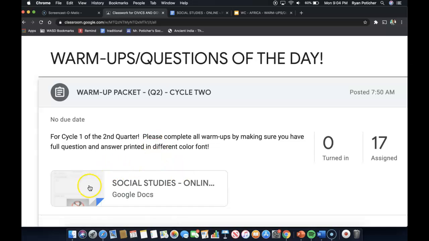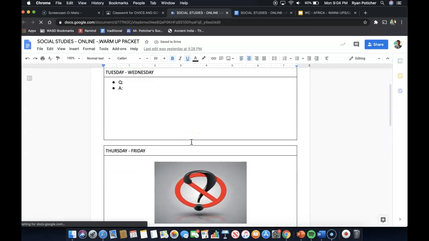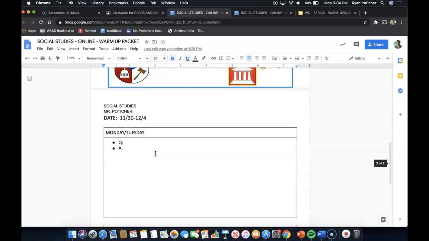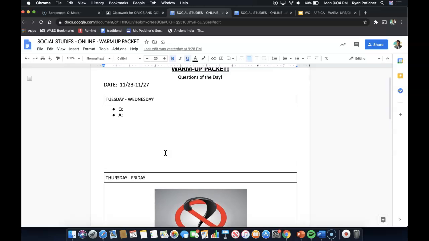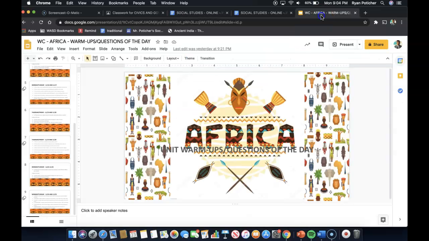Please be advised that when you click on the template, you'll see that it looks noticeably different, and that's mostly due in part to the fact that you have Thanksgiving break right in the middle of this cycle. So there's no question of the day or answer to the question of the day for Thursday and Friday of the first half of the cycle. And please be advised that these dates will be modified to be Tuesday and Wednesday because you have that Monday off. So you can still expect 2 warm-ups next week, but once again, for this first half of the cycle, there is only 1 question and then 1 answer. So let's go ahead and get started, and then we should be good to progress forward.